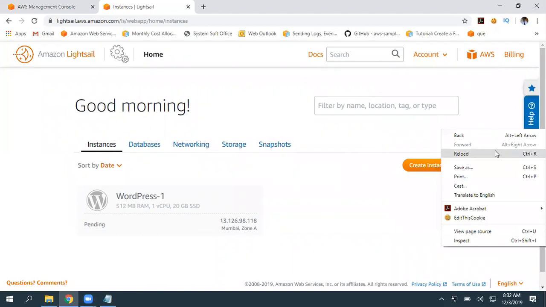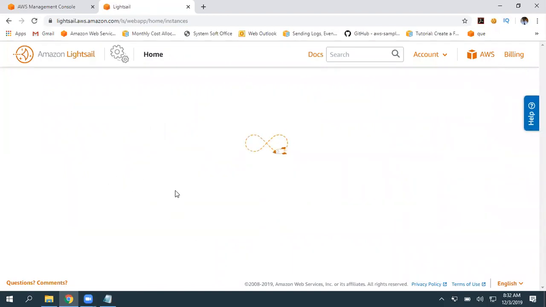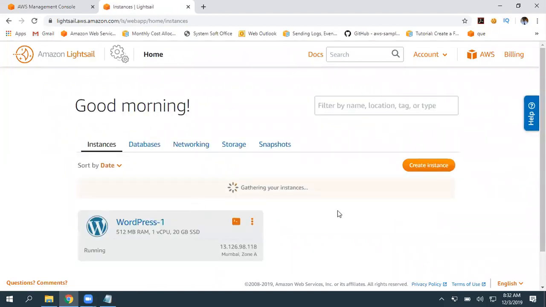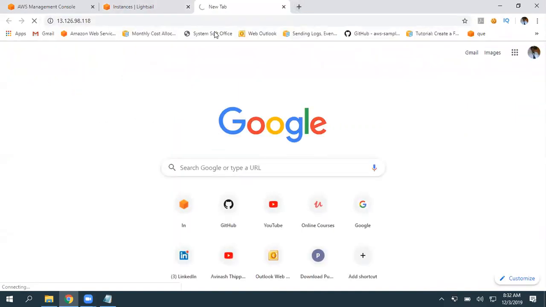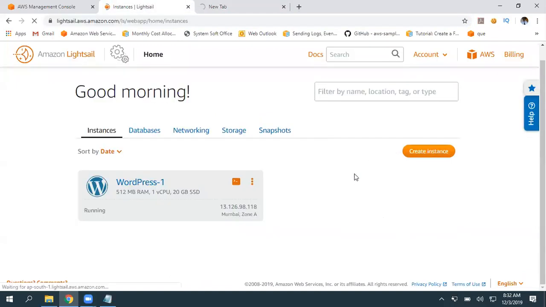We really don't require that. Now it has started creating. Once creation is completed, we can connect and get the admin password. Here is the IP address where we can map our domain name if you have one, or you can deliver your website using this also. Let's wait for a couple of minutes.